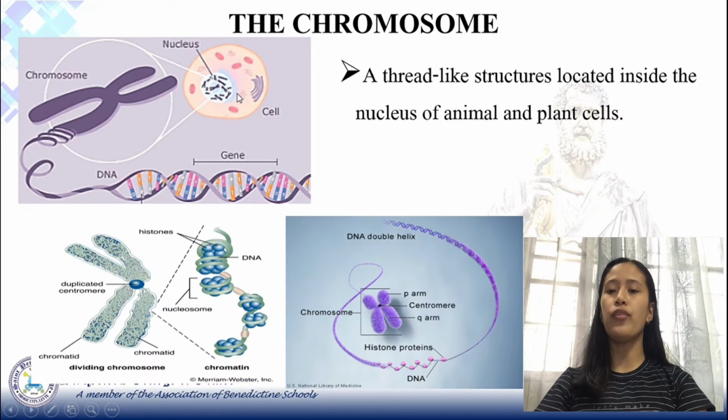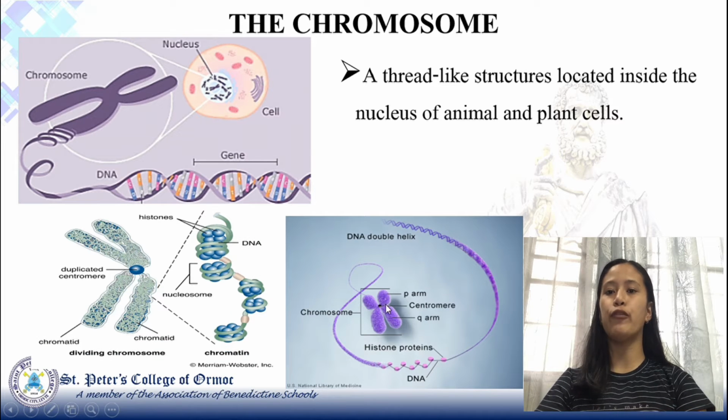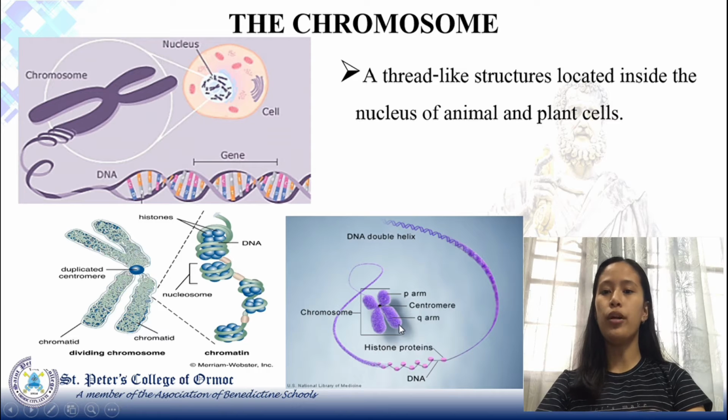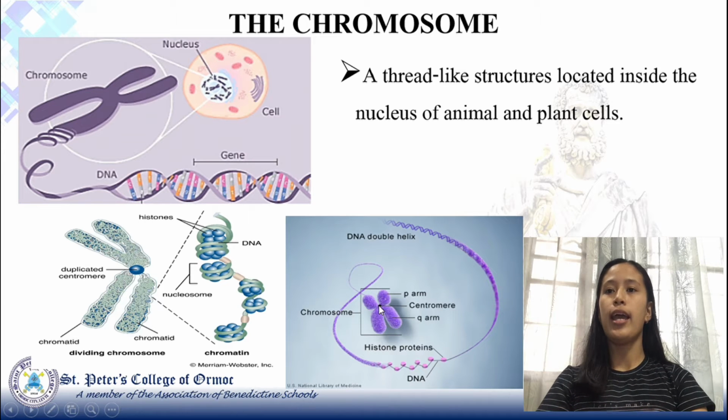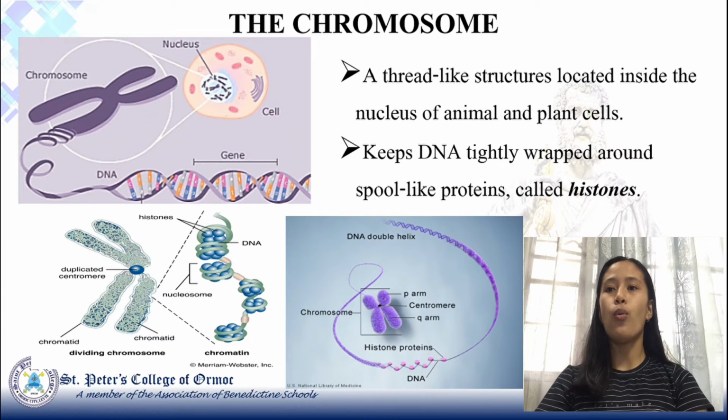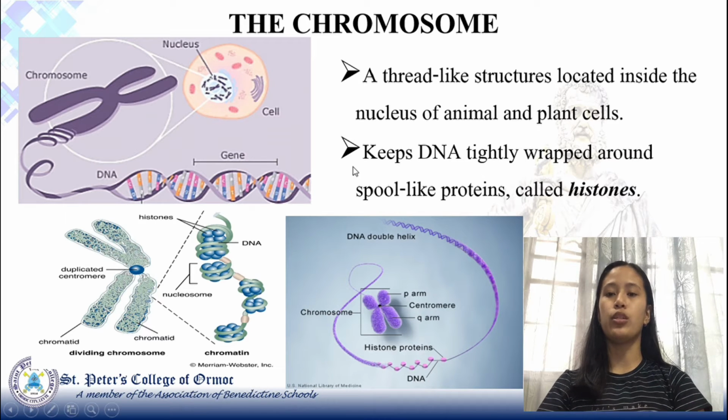However, in this picture of a chromosome, we can see its different parts. So this is the P arm, the Q arm, and the centromere, where it links the sister chromatids together. So this is the chromatid and the other chromatid. That is why we call them the sister chromatids. Furthermore, one of the functions of chromosomes is to keep the DNA tightly wrapped around the spool-like proteins called the